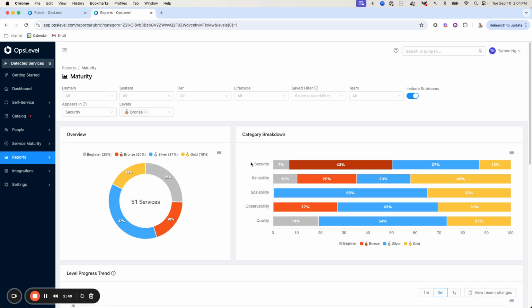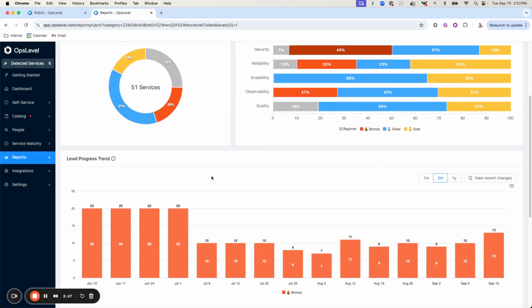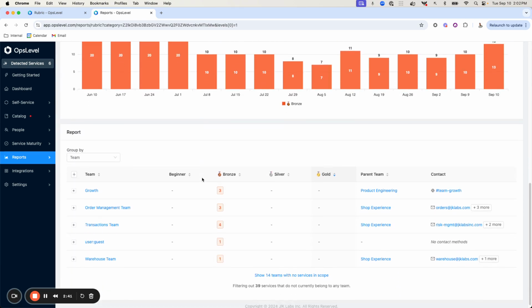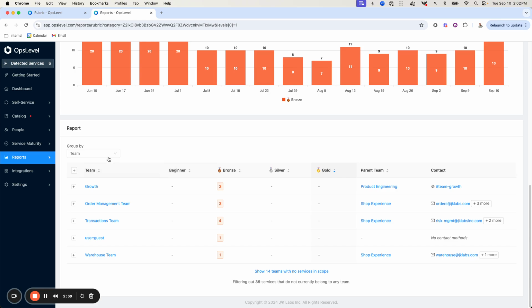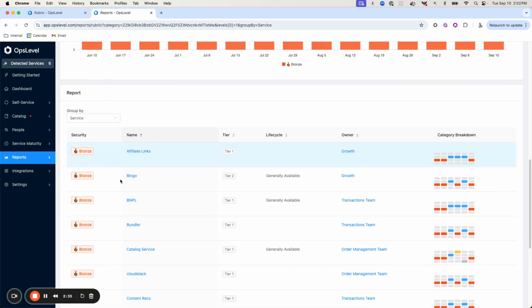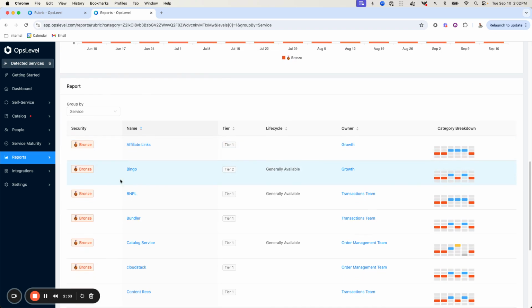If I click into this bronze level here, I'll start to see the different trends of services moving in and out of the bronze category, as well as how different teams are doing and how many of their services are in bronze, and which services in particular are in bronze as well. Security teams can build out that rubric and then report on all those different checks that they incorporate within the